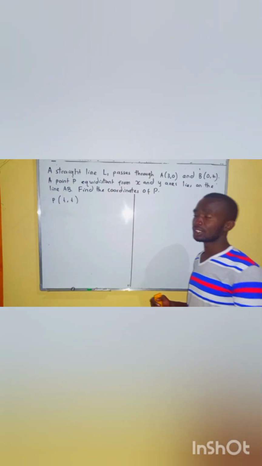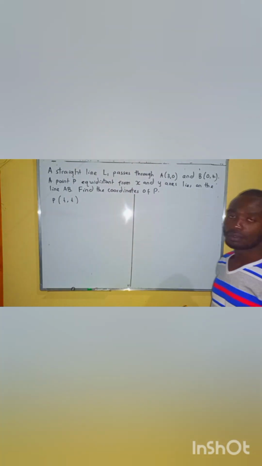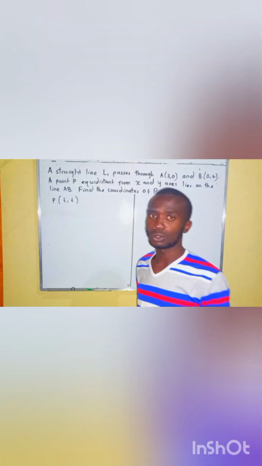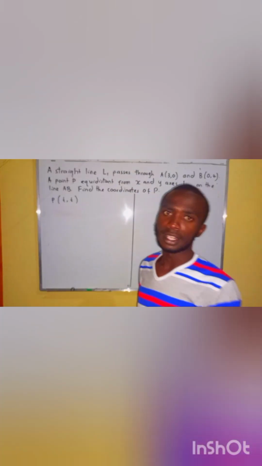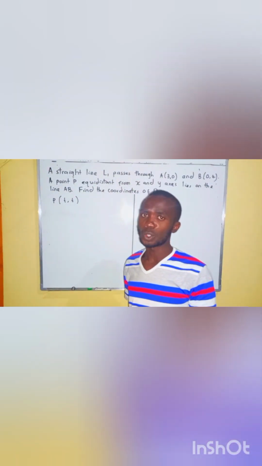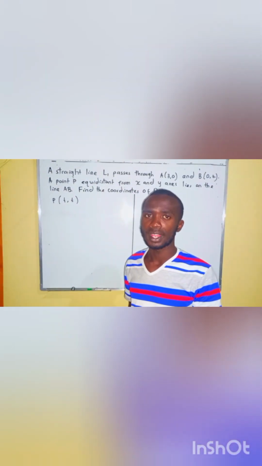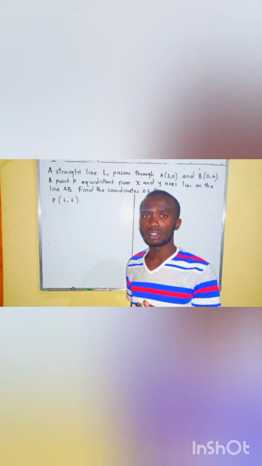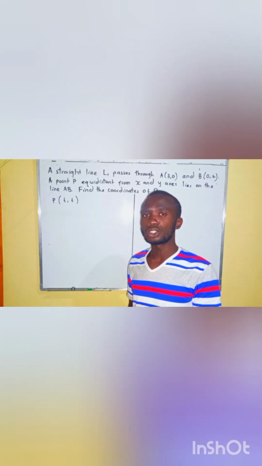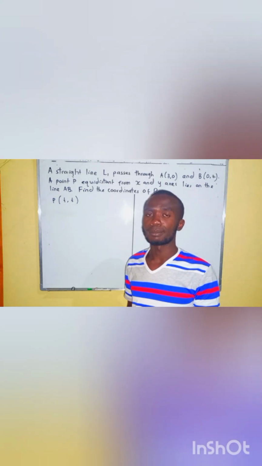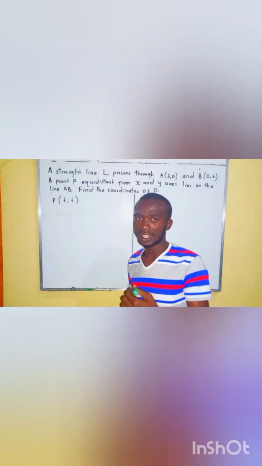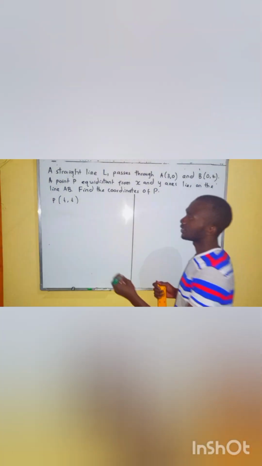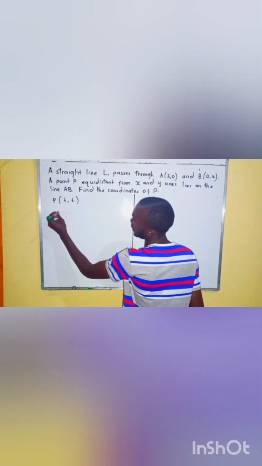Now to find this point P, first of all, we must find the equation of this line. After finding the equation of the line, because we have the coordinates of point P, we need to find the gradient of this line first, because this point P is lying along the line, which means any 2 points lying along the line must give us the same gradient, equal to the gradient of this particular line. Now the gradient of this line